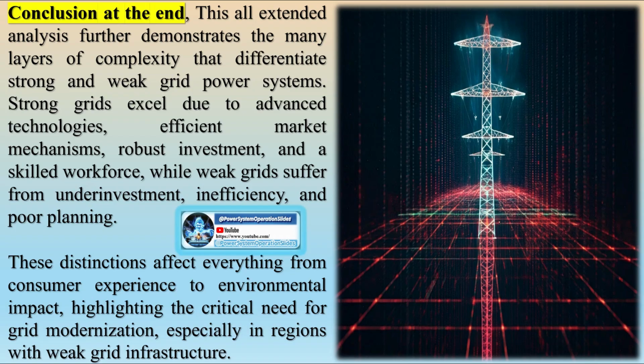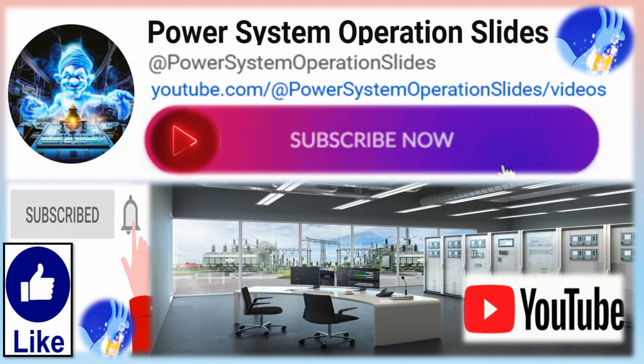Strong grids are designed with climate resilience in mind, with transmission lines, substations, and generation facilities engineered to withstand natural disasters such as hurricanes, floods, earthquakes, and extreme temperatures. After a natural disaster, strong grids have emergency protocols and resources including mobile generators and fast repair teams to restore service quickly. Weak grids are often poorly equipped to handle natural disasters, with aging infrastructure more likely to fail under extreme conditions. Recovery from natural disasters can take